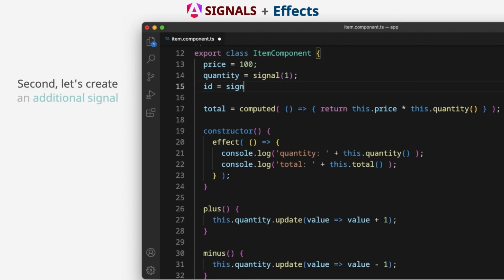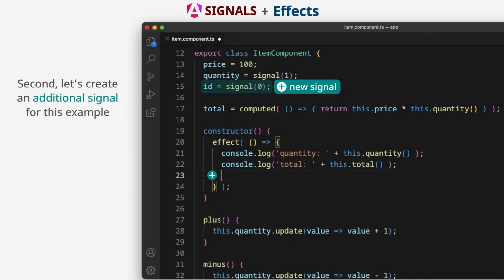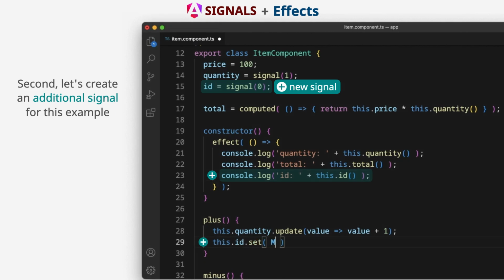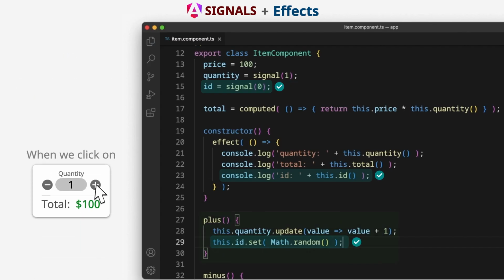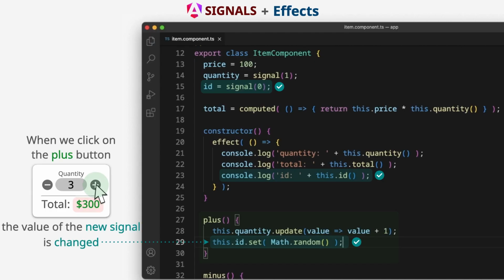Second, let's create an additional signal for this example. When we click on the plus button, the value of the new signal is changed.